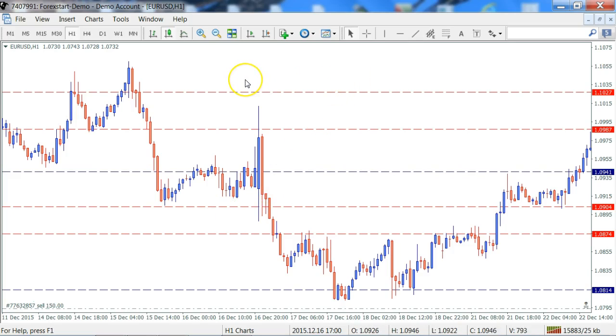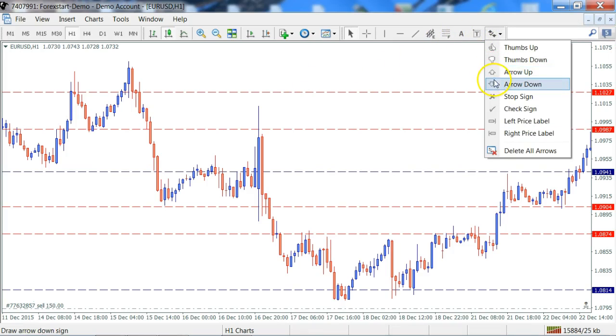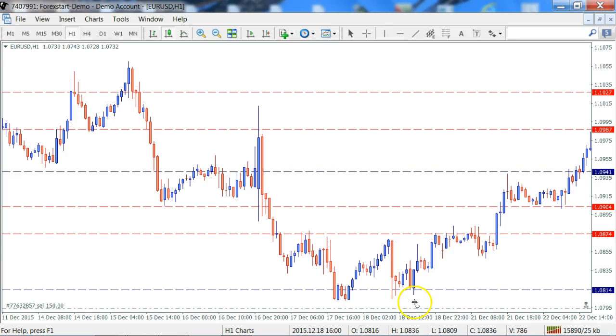For example, here I have on my chart the euro dollar 1 hour chart, and this particular candle here is a prime example of printing on support and resistance. This bullish candle has printed and closed on the support and resistance line. Yes, there is a wick here. We're not concerned with that, but it has printed on the support and resistance line,